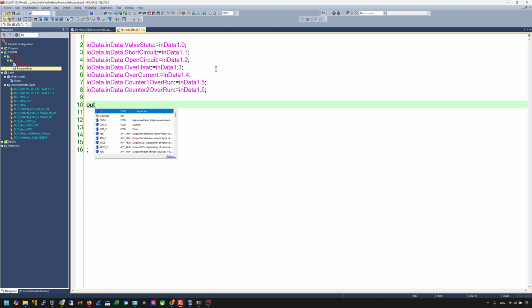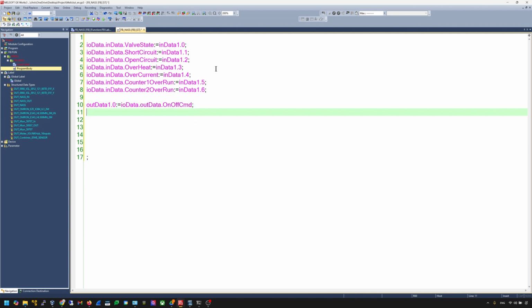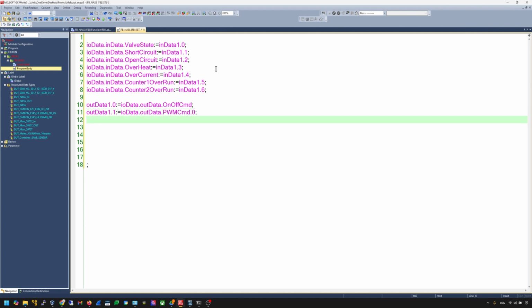Then you go to output data 1.0 equal to IO data.out data.on off command. Then, referencing the mapping from bit 1 to bit 7, it will be the PWM command. So just do the same thing: out data.command.0, and then out data 1.2 is equal to IO data.out command PWM command.1. What you need to do here is copy here,